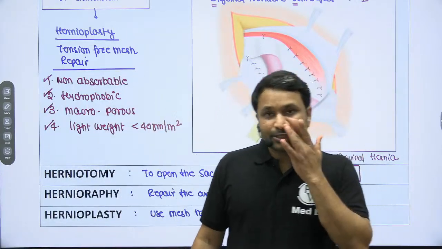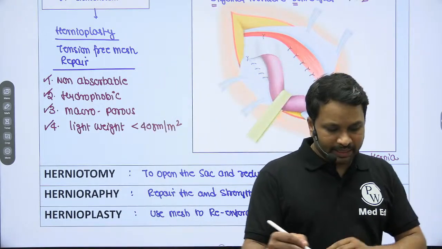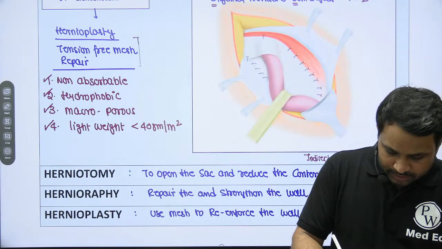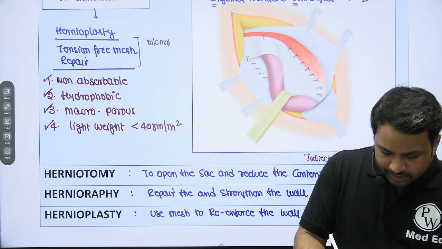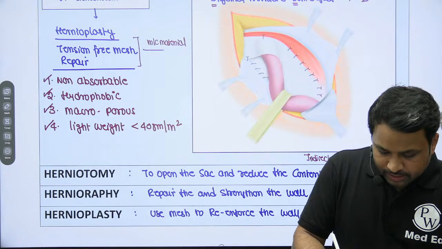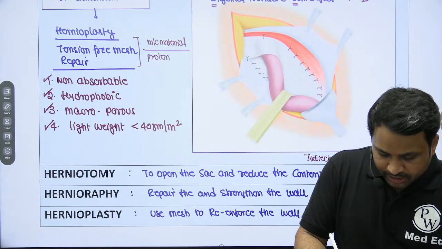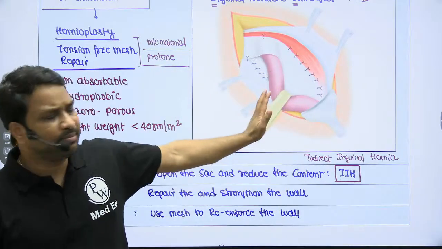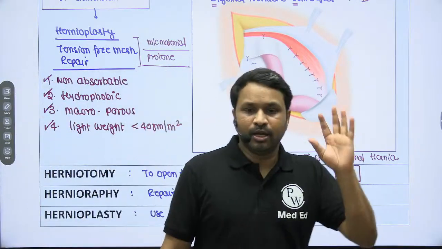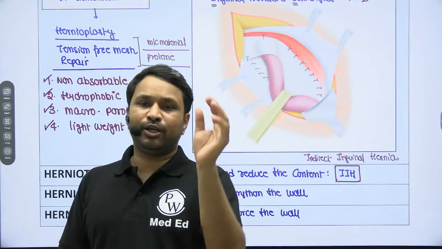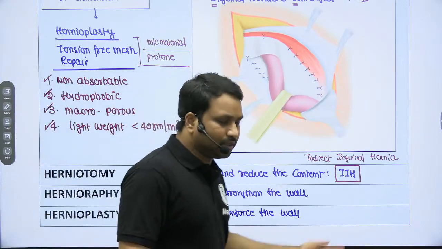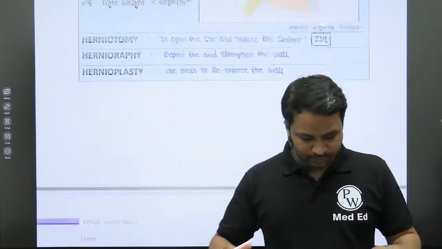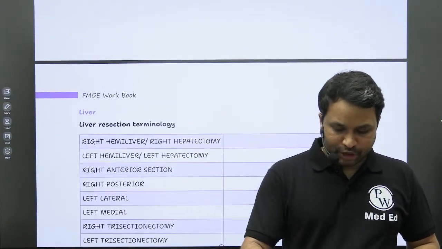But regarding types of mesh used, Prolene is the preferred material. So the most common material that you're going to use for mesh is going to be Prolene. Apart from this, polyester mesh also comes, and composite mesh comes, with two different components. But just remember, the one that we have to use is Prolene mesh. Polyester is there, composite mesh is there, where one surface is Prolene and the other is collagen. But they are not important from our present standpoint. Okay? Now coming back to liver resections, again a very, very